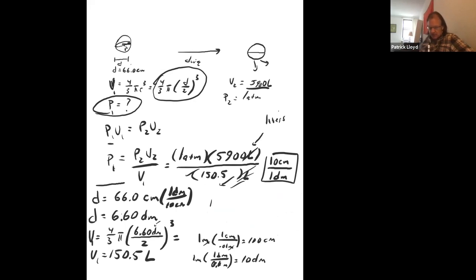So your P1 is 39.2, and then that's just going to be atmospheres. And that's the answer, 39.2 atmospheres. Okay. So out of that whole derivation,